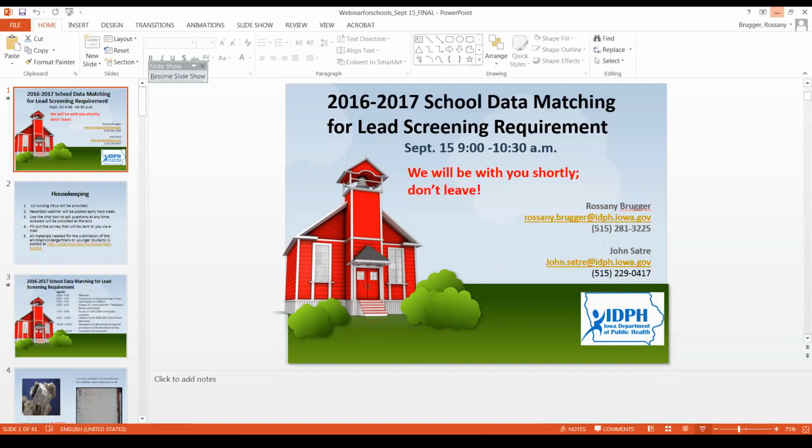It has to be notarized, signed, and dated, and this is what the parent is going to show you. And the religious exemption certificate looks like this. This is also the document that a parent should show you.